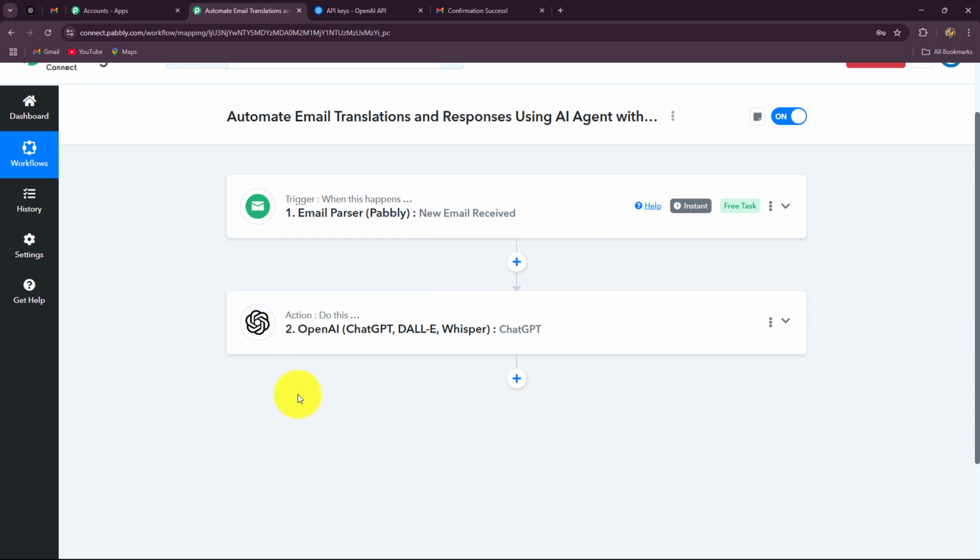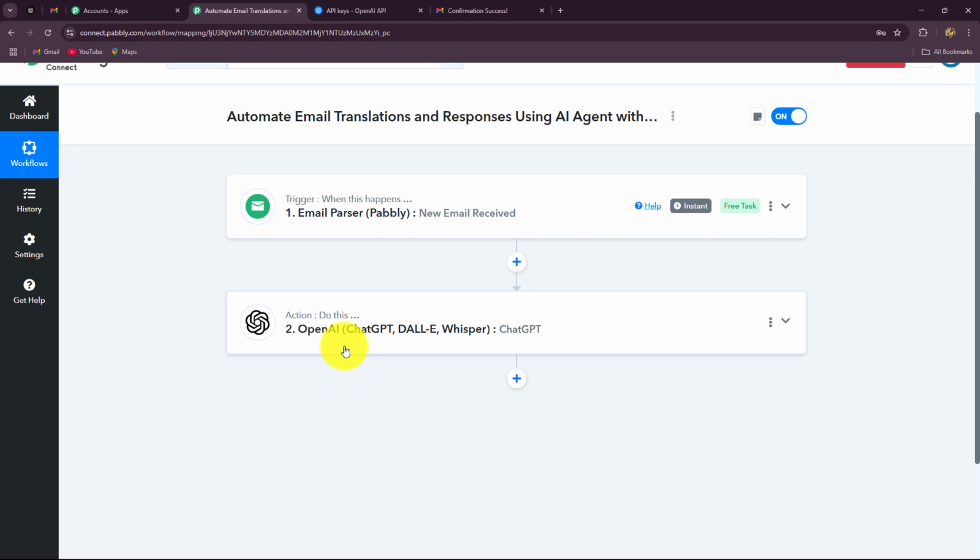We have received the details of the lead. So by using the details, we are going to generate the content for the response of the email so that we can reply to the inquiry of the lead in their native language. But before generating the response, we also need to detect what language the lead has used to send the email. Also, in order to generate the response more efficiently and in a more personalized format according to our business requirements and services, we will also translate what we have received into English,